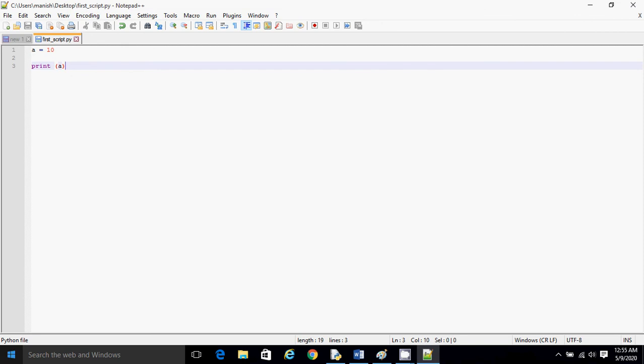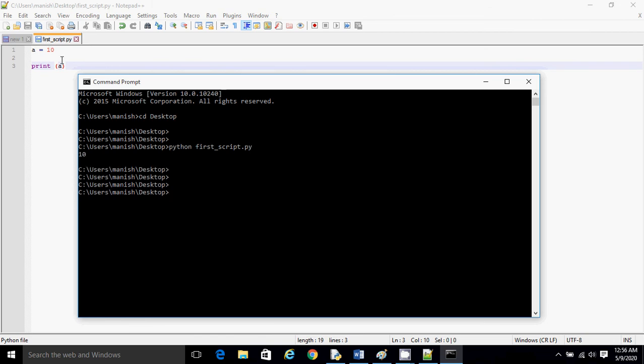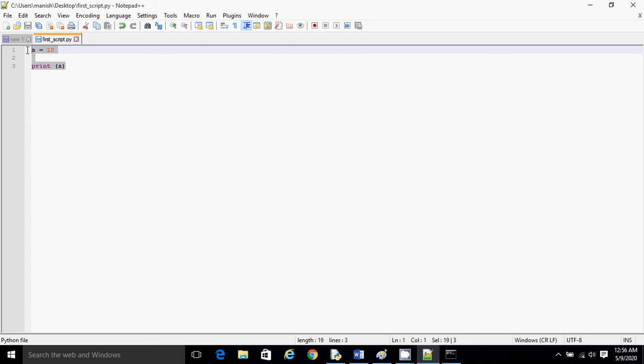If you remember, I told you how to run this program. Go to the command prompt, go to the desktop where it is saved, call the Python interpreter, and give this file as input, this script. You see 10. So this program has been executed.